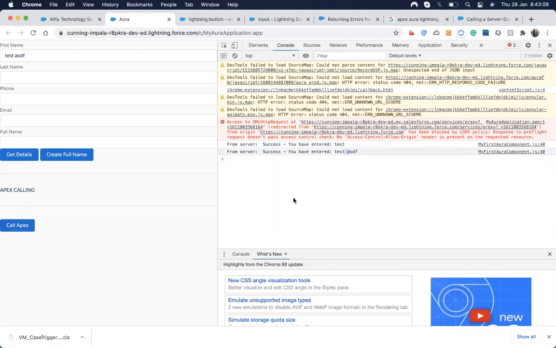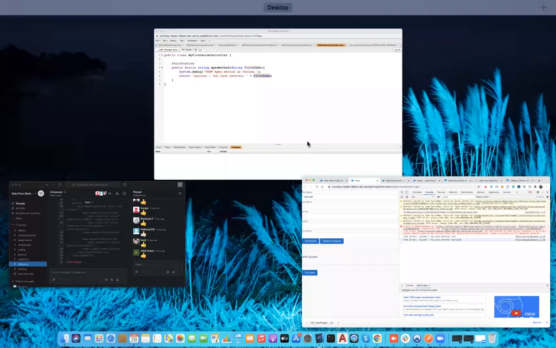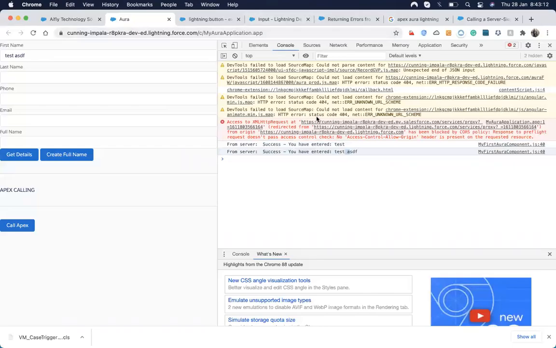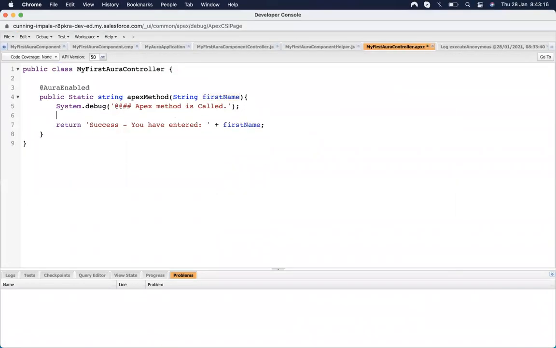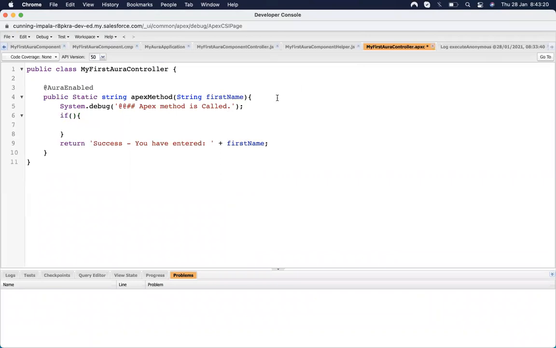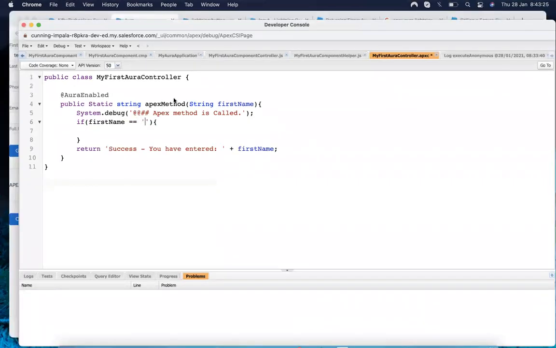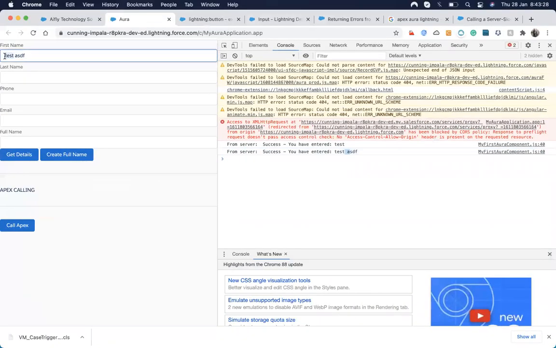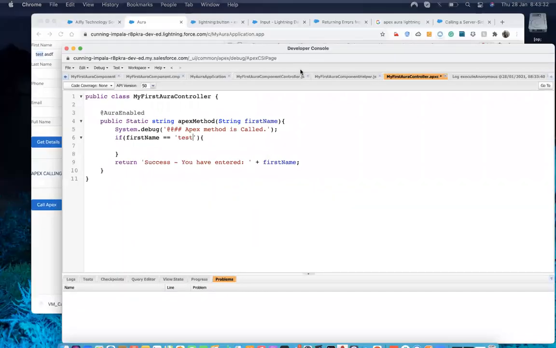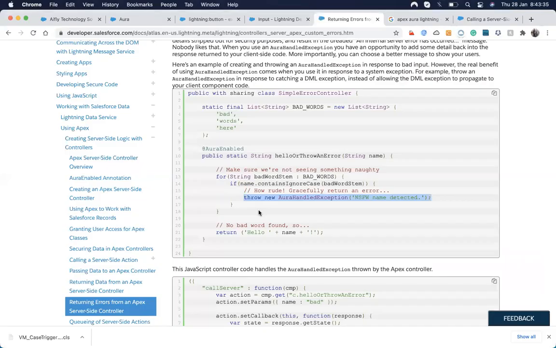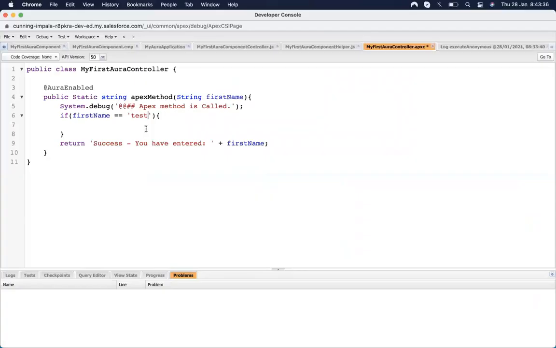So that's the thing. Now let's work with the custom exceptions. For that, I'm checking that if the user entered the test, which means the user does not make any changes in the default value, then it will throw an exception. For throwing an exception, I'm just copying this line and pasting it up here.